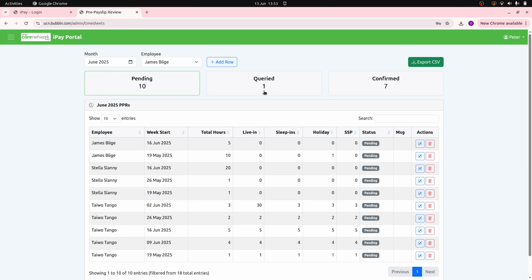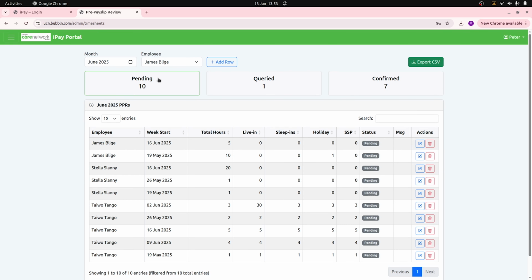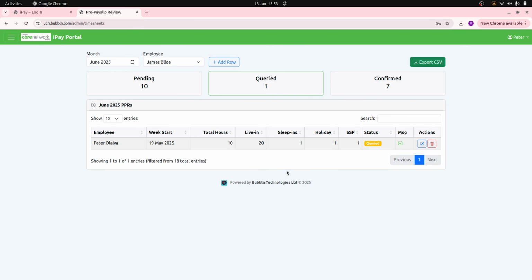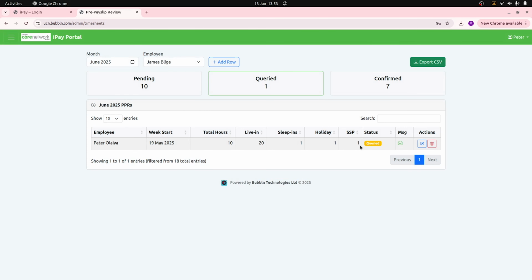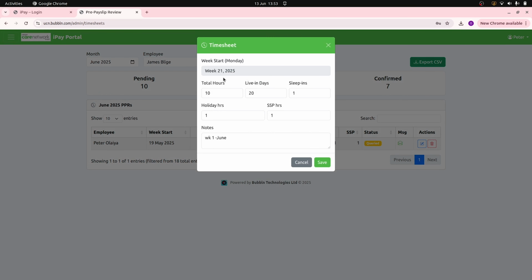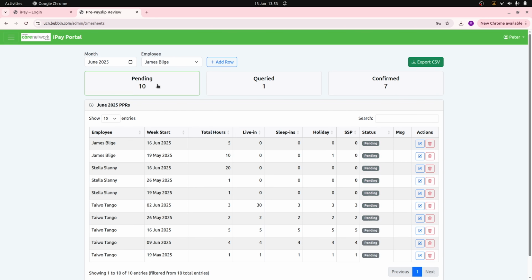All right, so you can filter queried, filter confirmed, filter this and that. Also, if there is a query from a staff, you can also manage it through this place, just like you did in the inbox page. So it's exactly the same functionality. You can update and then you can fix issues from here as well. After you're done, you can then